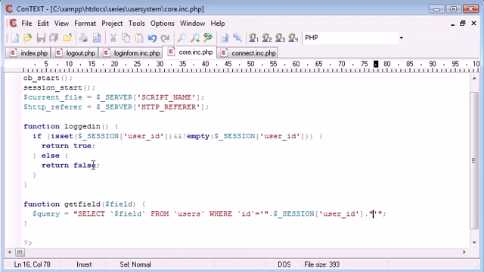Okay, so this is get user field, we can call this, because it's only selecting from the table users. So get user field, and we specify a field in here. Then what we need to do is we need to execute the query. So query run is equal to mysql_query,